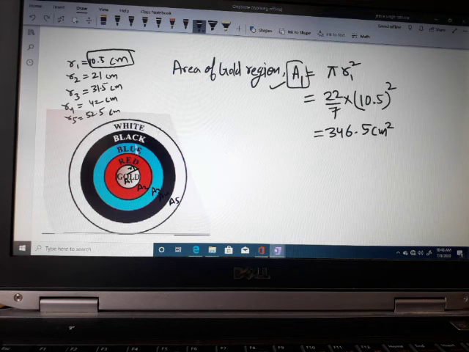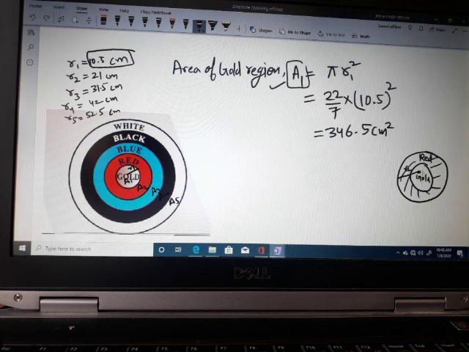Now area of red. I just want to make this picture clearer for you. This is the region given, this is the gold. You have to find the area of this red region. This red region, you have to find the area of this region only. So how will you find out the area of this region? You have to just find out the area of this complete region R2 having radius R2, and you have to subtract the area of the gold region, that was the area of the first region.